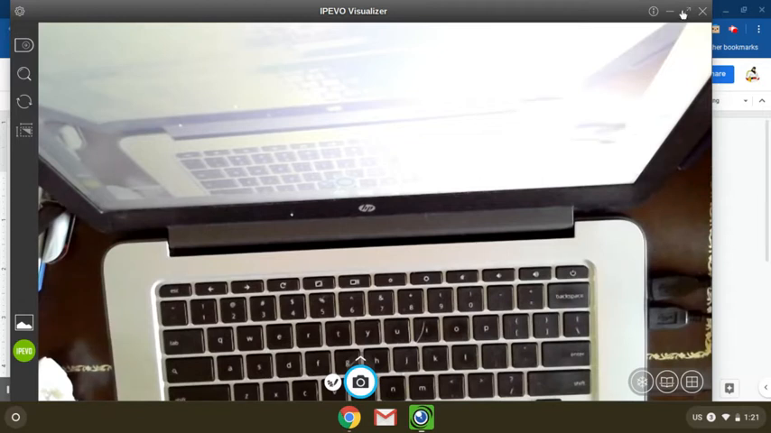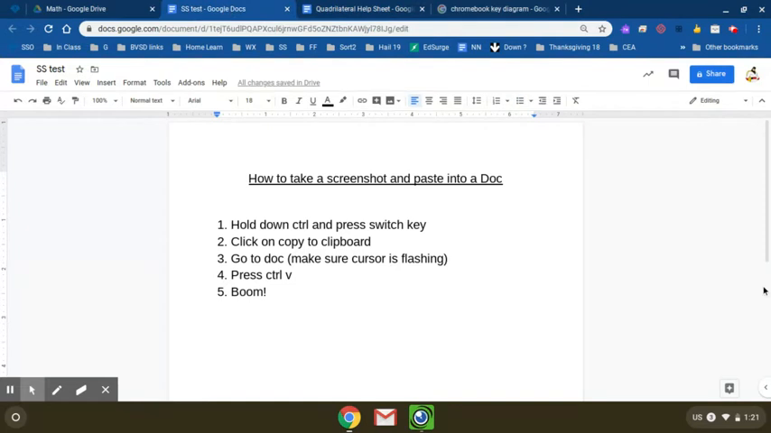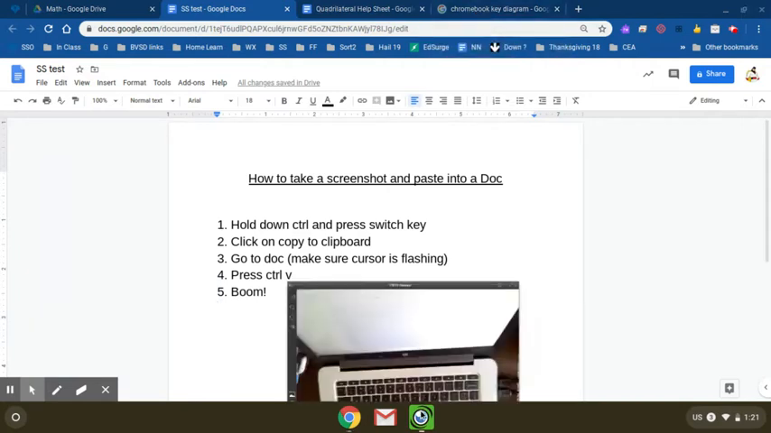to Clipboard. Okay. Now I'm going to go to the doc. I'm going to make sure that the cursor is flashing. I want to click down one because I don't want it to show up right where the word boom is. And then I'll show it to you without doing it. I'm just going to push